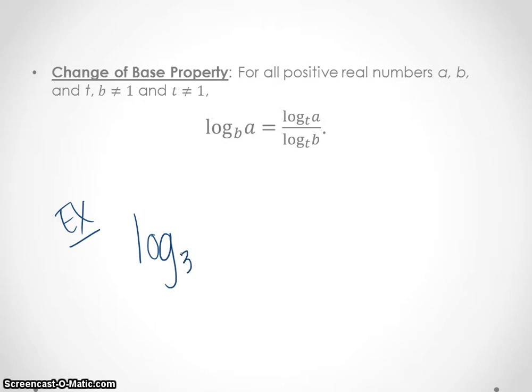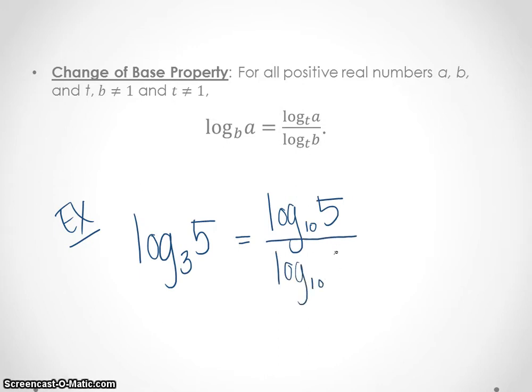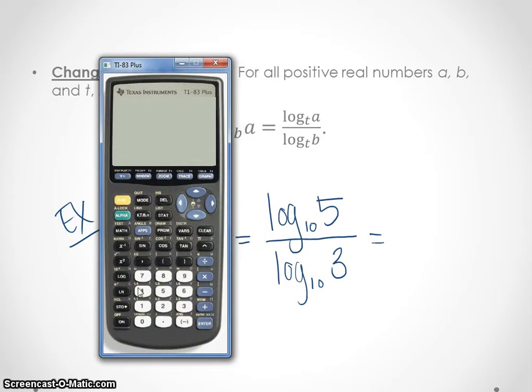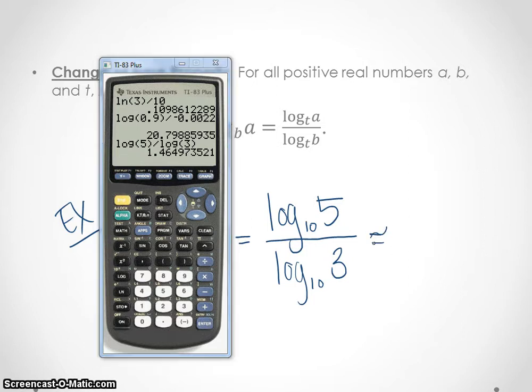So log, let's say base 3 of 5. Okay, we cannot currently evaluate that on our calculator, but by using our change of base property, we could say, oh, let's just do log base 10 of, let's see what goes on top. A goes on top, so that would be the 5 spot here. So 5 over log base 10 of 3. So then I'd be able to actually figure out what this was by grabbing this guy and doing log. And now this is implied that it's base 10, so log of 5 divided by log of 3, both log base 10s, and we would get,